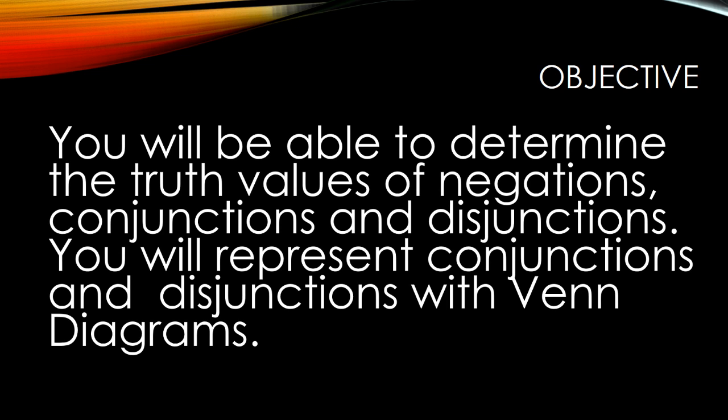So you're going to understand what all those words mean. 3 words: negation, conjunction, and disjunction. You're going to be able to determine when they're true, and you're going to be able to draw them with Venn diagrams. So it'll be relatively straightforward, but you have to take good notes today, because if you don't understand